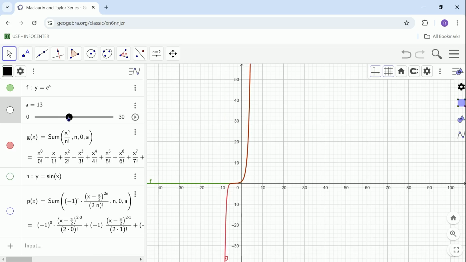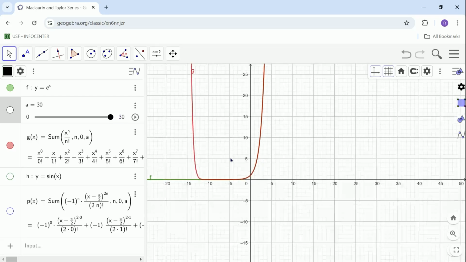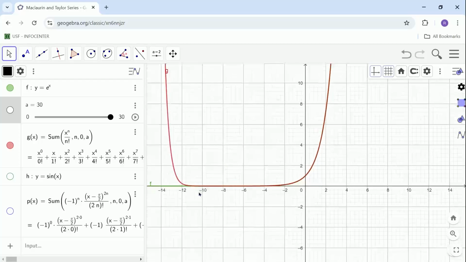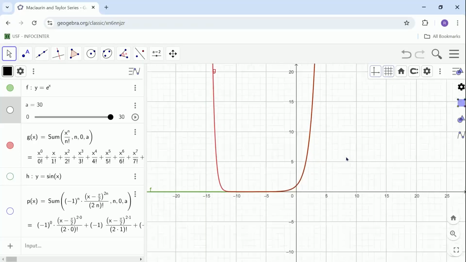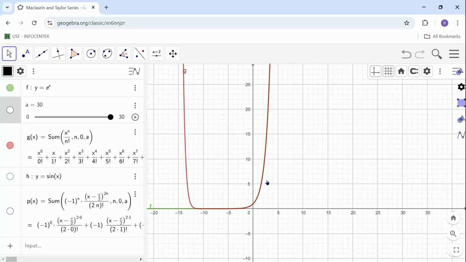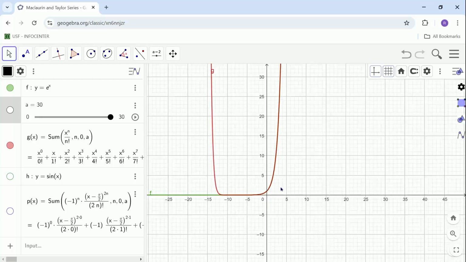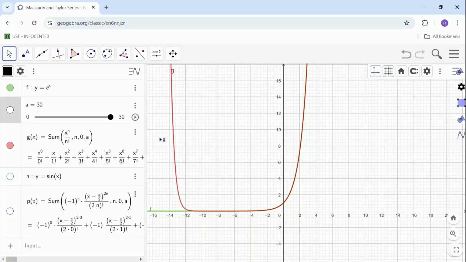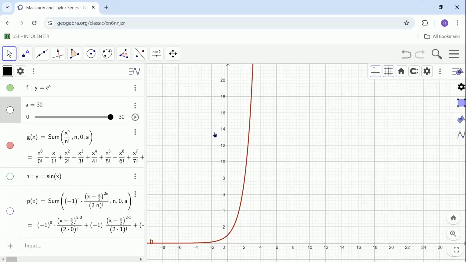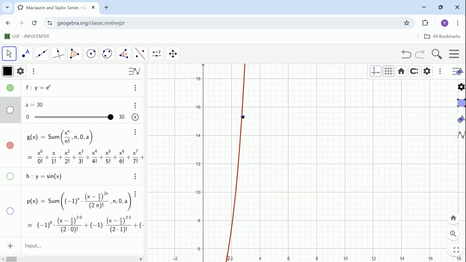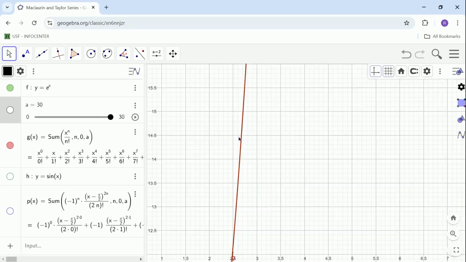And what do we see? The more terms I add, the further the accuracy improves, and the further out that accuracy improves. So, for example, I would say that now between -11 and, let's say, probably pretty far to the right, it's hard to tell without zooming out crazy far, but at least out to like 5 or 6, we've got really good accuracy. And to illustrate how good that accuracy is, I'm going to just zoom in on these two graphs